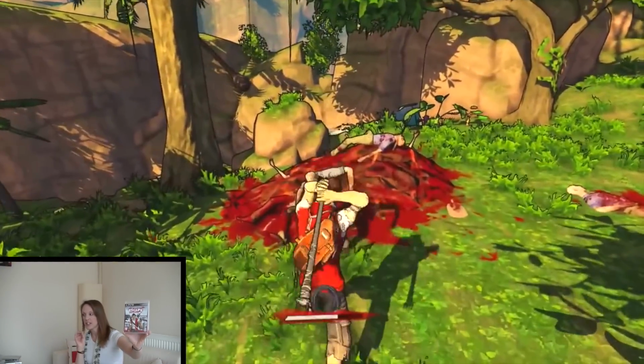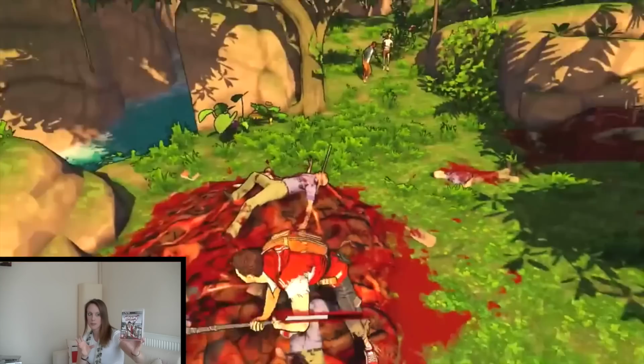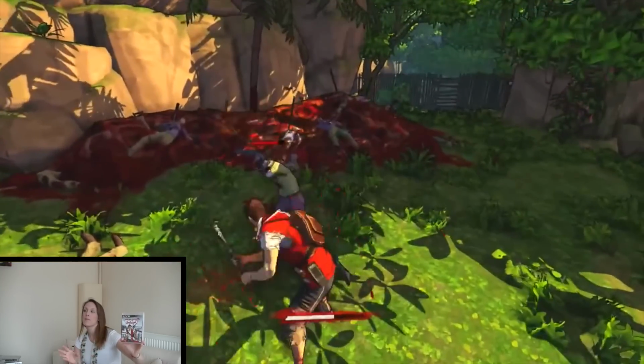Now, I played this for the first time recently, and I think this is a PlayStation 3 hidden gem, and that is Escape from Dead Island. This is the prequel to Dead Island, and it's incredible. It's a cel-shaded game, and